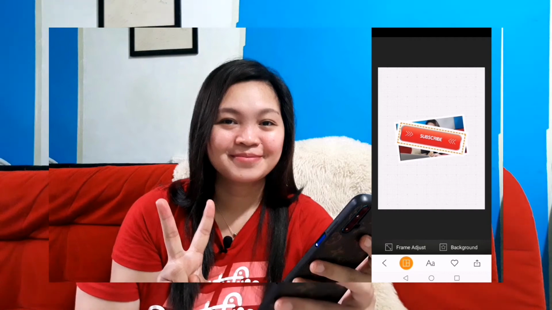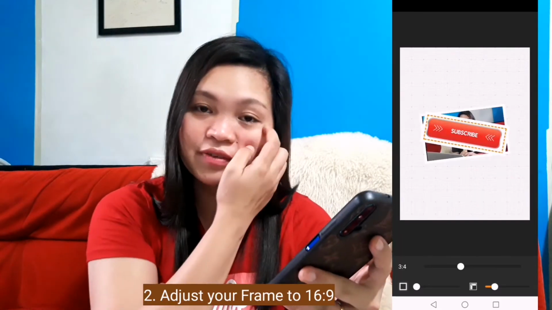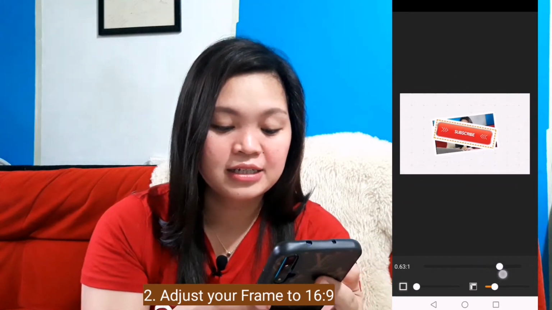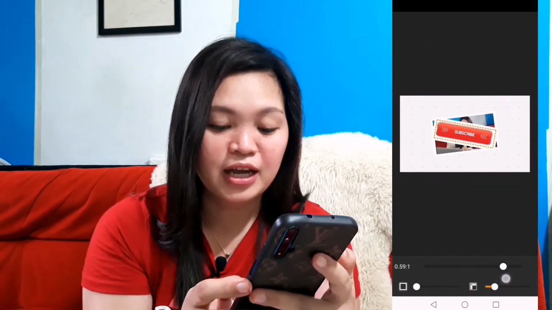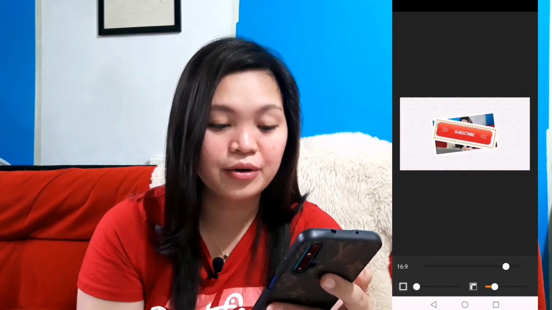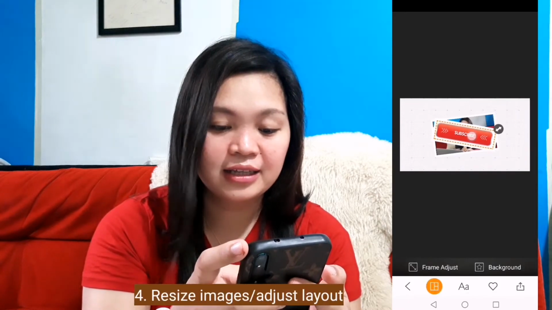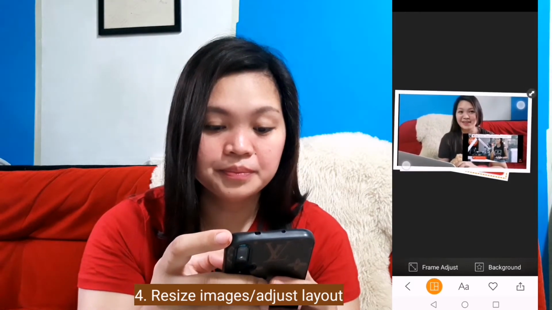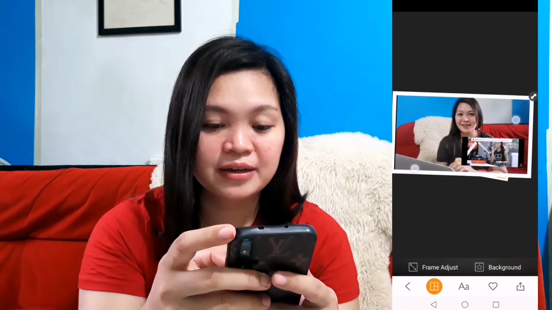Ayan. After adding the picture, the next one would be adjust your frame. So guys, the size of your frame is 16 by 9. So you just drag the circle here as you can see in my screen record. So it should be 16 by 9. So there you go, 16 by 9. And then lalakihan ko lang yung aking picture. Para magkasya siya dito sa